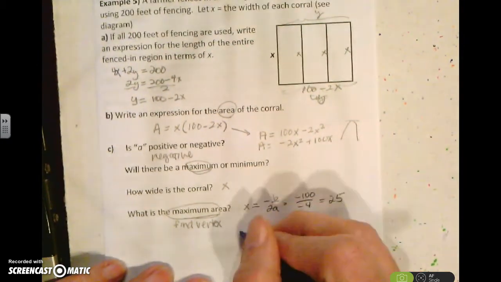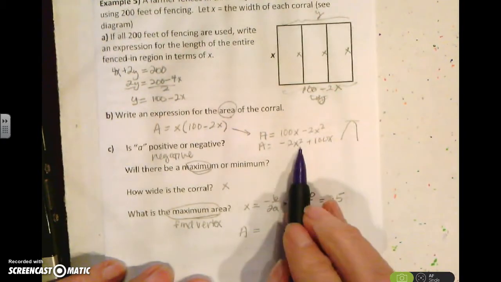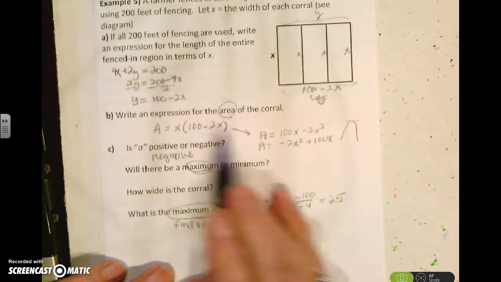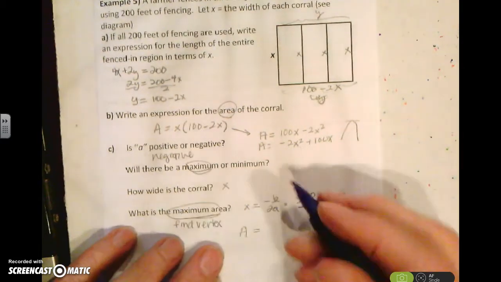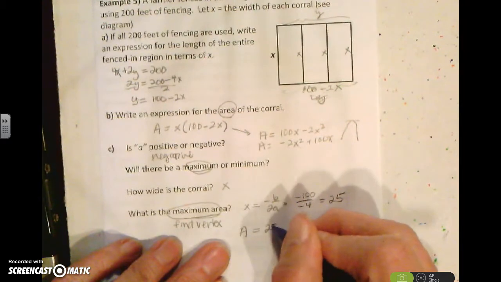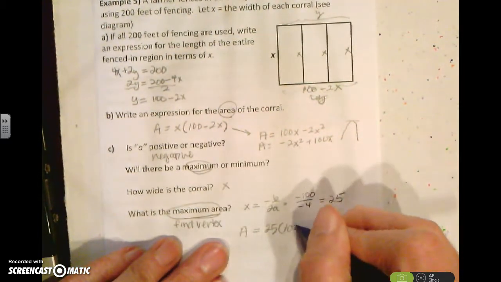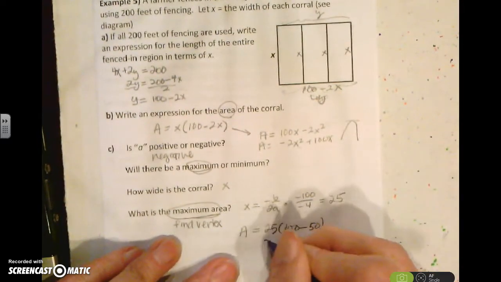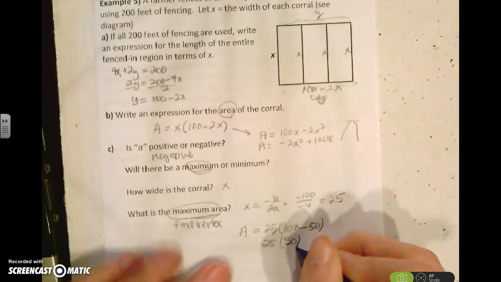And then to figure out what the area is, again, I have my choice. I can either plug it in here to standard form or go back to this factored form, and I prefer this one. It does not matter which one you choose. So A is X, which is 25, and then I have 100 minus 2 times 25, which is 50. So I get 25 times 50,